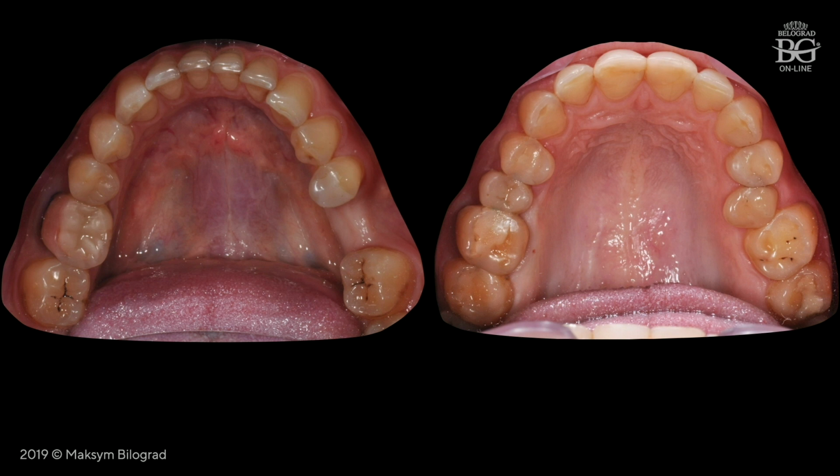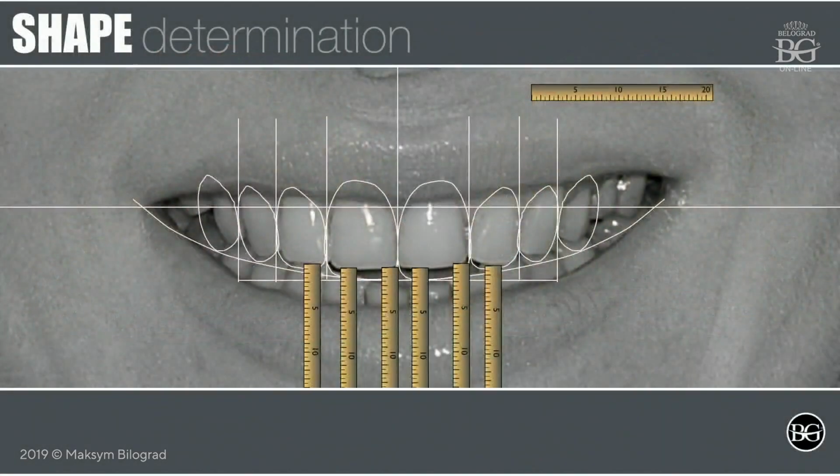We decided to use the so-called copy-paste technique as a more economical option, but the treatment planning of the copy-paste technique is absolutely based on the common principles of full mouth rehabilitation cases. In this case, I followed the principle called facially engineered treatment planning. So the aesthetic part of the treatment planning was taken as the base for occlusal rehabilitation. In other words, we used golden proportions and templates to understand the exact length for the central incisors from an aesthetic point of view.